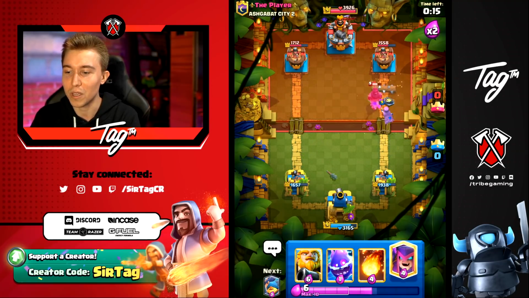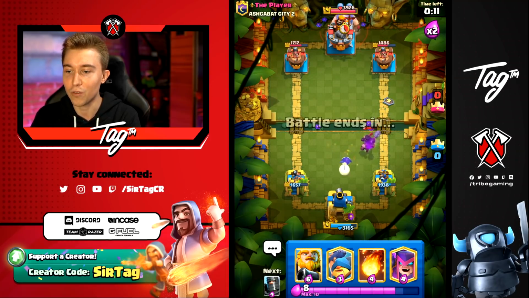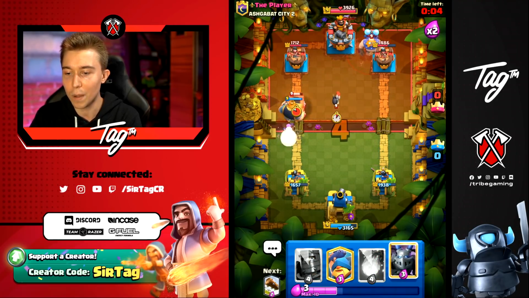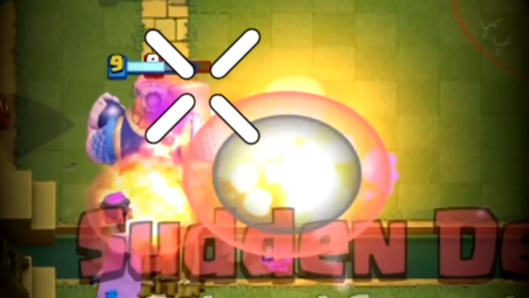I think we can make sure that we minimize the amount of value that he gets from the Dark Prince with the simple Electro Spirit, and then go in for the Royale Giant at the river. No matter where he goes, we just go opposite lane because it doesn't matter. So we're in a Mother Witch, and I expect him to drop some type of cage or something. We could Fireball on the Brawler and also the...